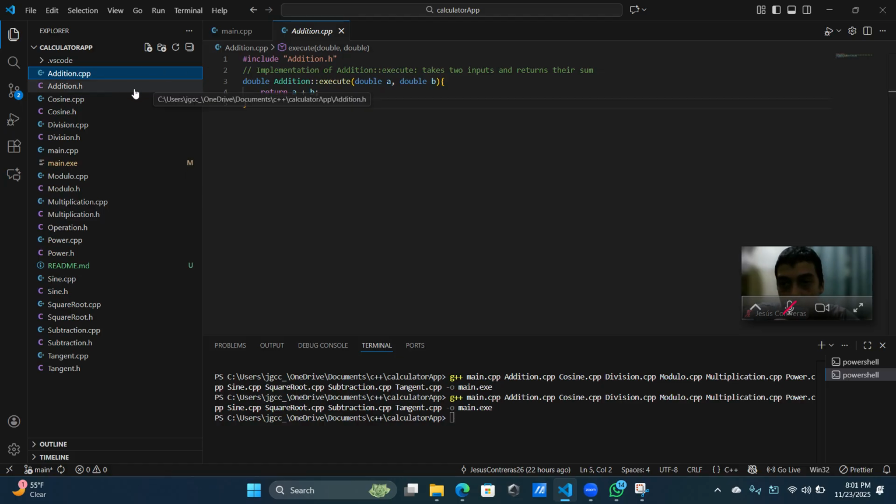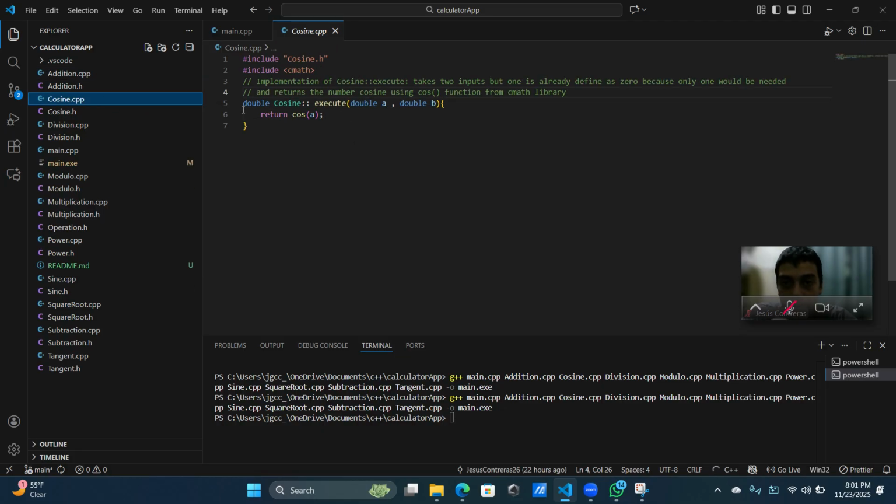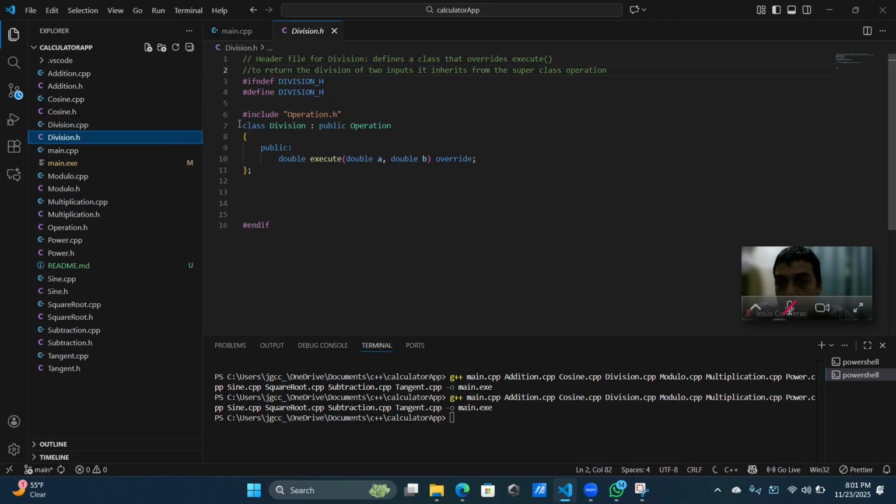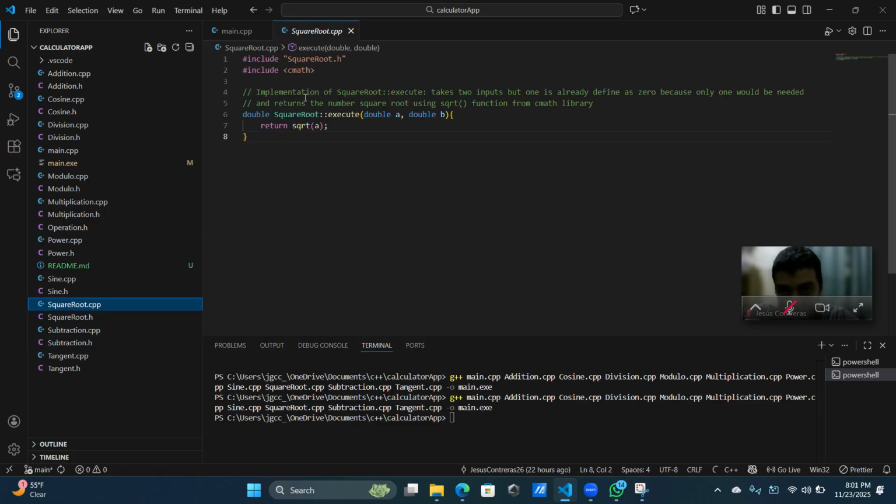So addition has its header and its C++ file, that will override the method with the operation itself. Here I have Recusine, and for all the operations, I have used a library called CMath, as you can see here, to make the scientific operations as easy as addition or